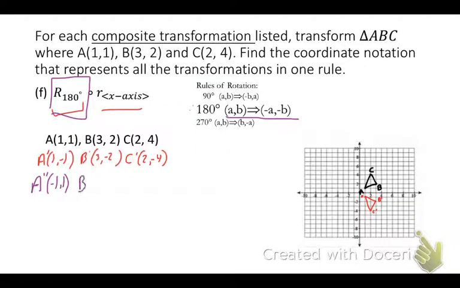The point (3, negative 2) is going to become (negative 3, positive 2), and we're switching the signs for the last point, it's going to become (negative 2, positive 4). So if we look at these real quick,